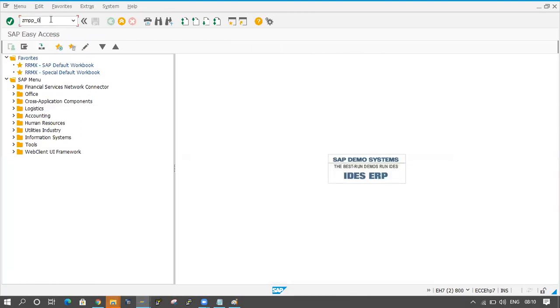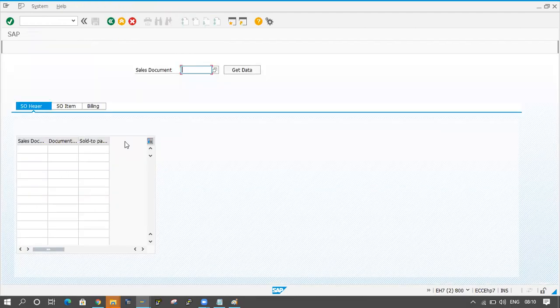The transaction is 6 here. Click on the enter button. So it is coming like this, right? Here I will give 4972. Click on get data. So the data is coming, 4972, on the SO item. If you click on SO item,